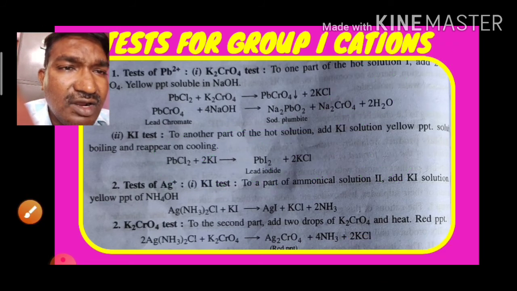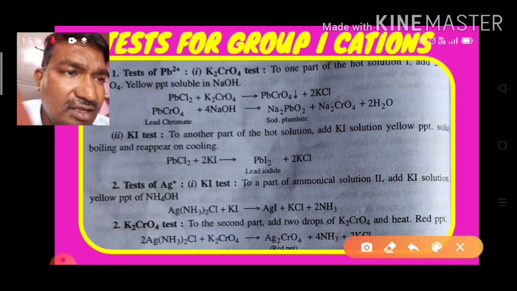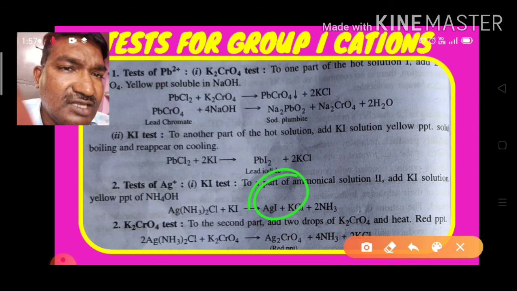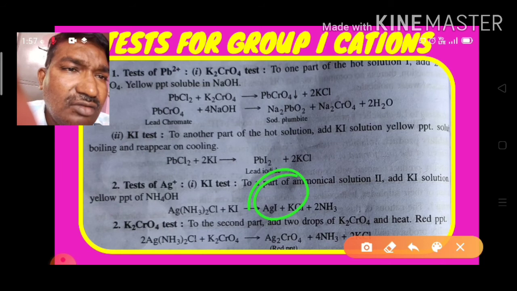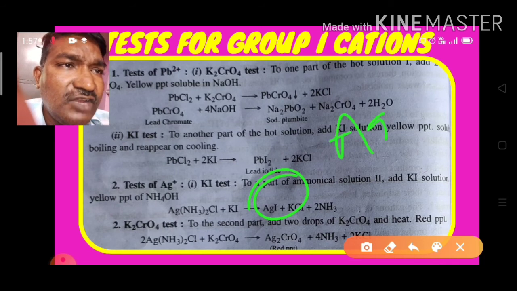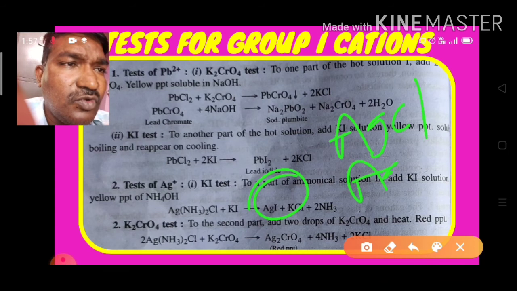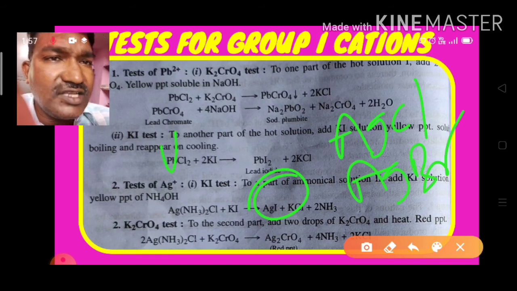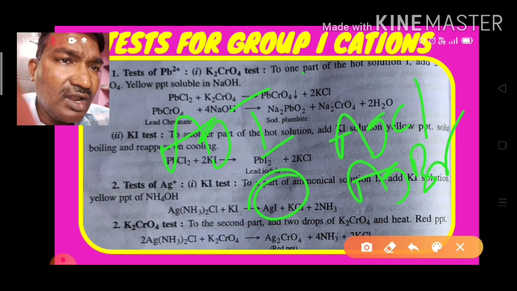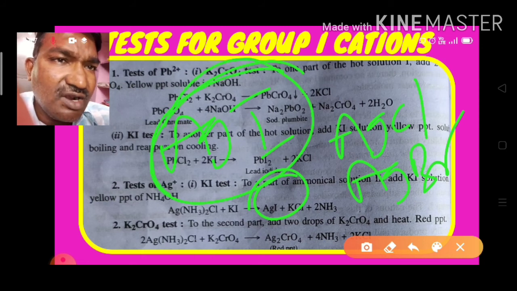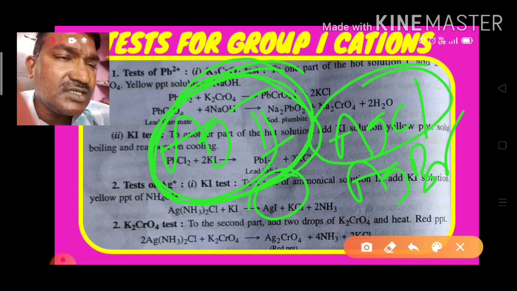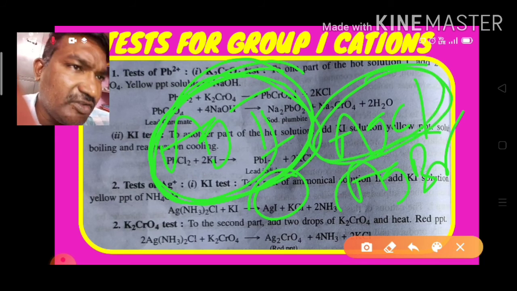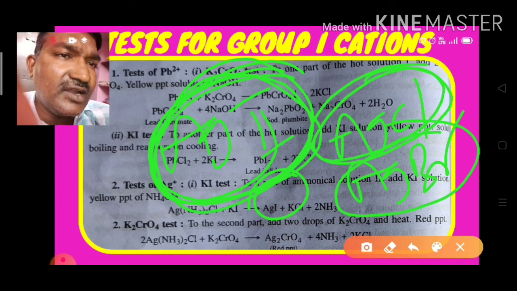And silver halide does not react in that way, so it does not dissolve in hot water. And we have to remember that silver chloride is a white color precipitate, silver bromide is a pale yellow color precipitate, and silver iodide is a yellow color precipitate. The silver iodide again does not dissolve in the ammonia solution. Here silver chloride completely dissolves, silver bromide sparingly dissolves, and silver iodide does not dissolve at all. That point we have to remember.